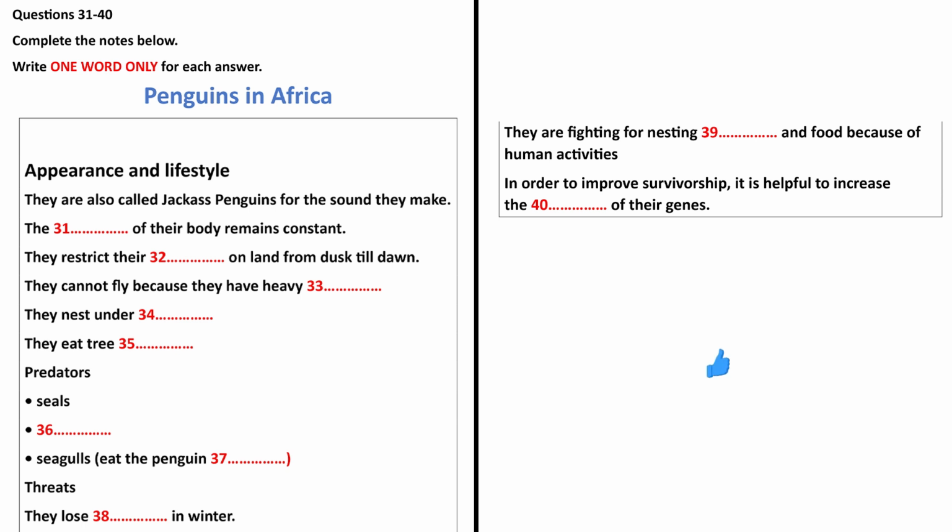Their population has drastically declined. Approximately 120,000 African penguins remain in the wild, and their population has decreased by 90% in the past 60 years. They are considered to be vulnerable and have been listed as being endangered. 2 major factors have contributed to their decline. They are struggling for nesting space due to human disruption and competing for food due to overfishing and pollution.